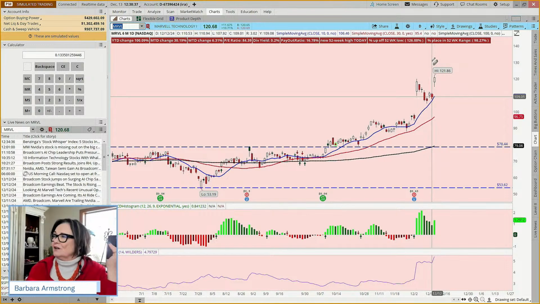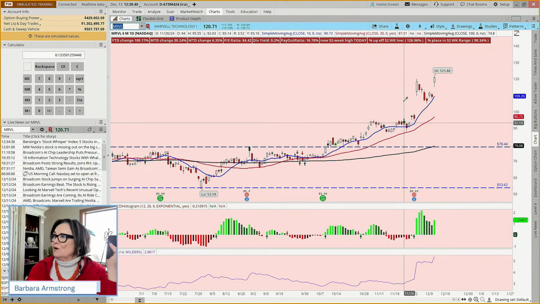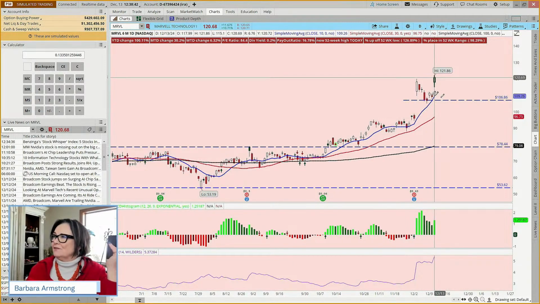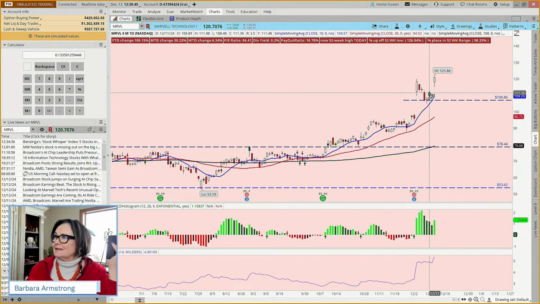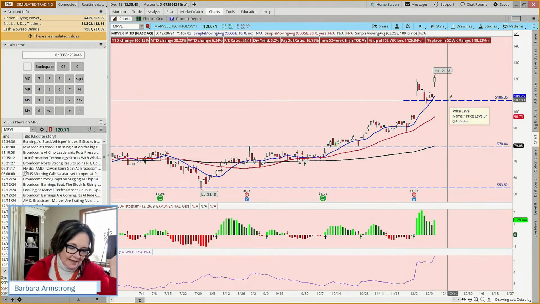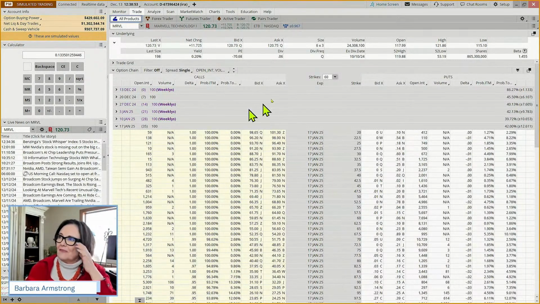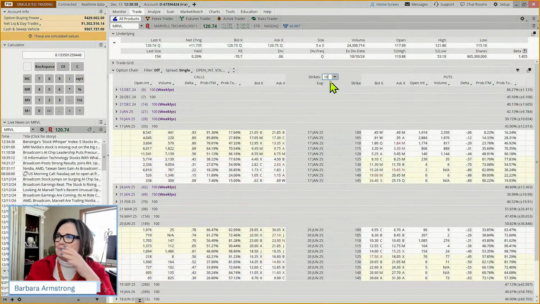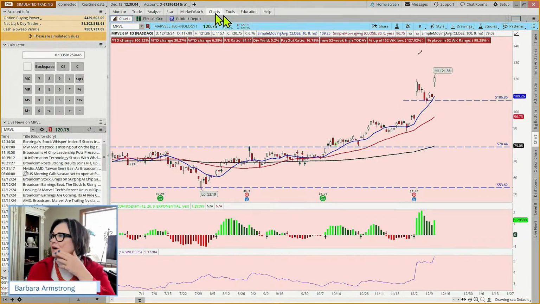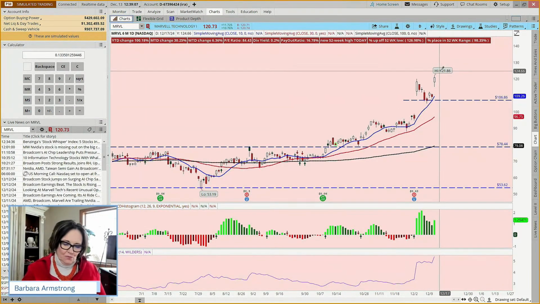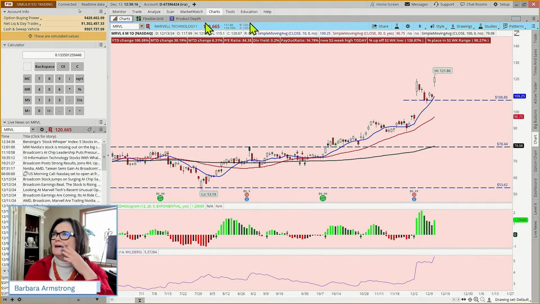And even if we went for the 125 or the 130, and then where would we want to sell our put? Maybe here around the 105. If it came back down here around this 105, could we get enough premium for that to be worth our while? Well, let's have a look. And we aren't going to need 60 strikes, I don't think. So if we come out here and we say, well, we were looking at the 120, maybe the 125 or the 130, and then the 105 on the put side.